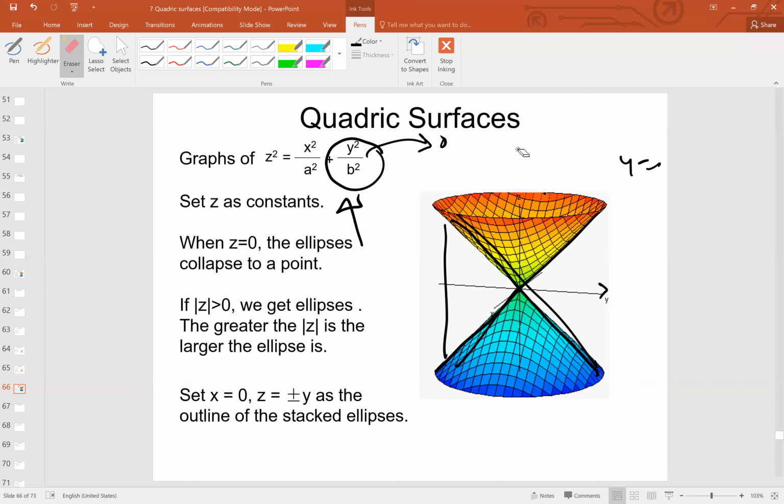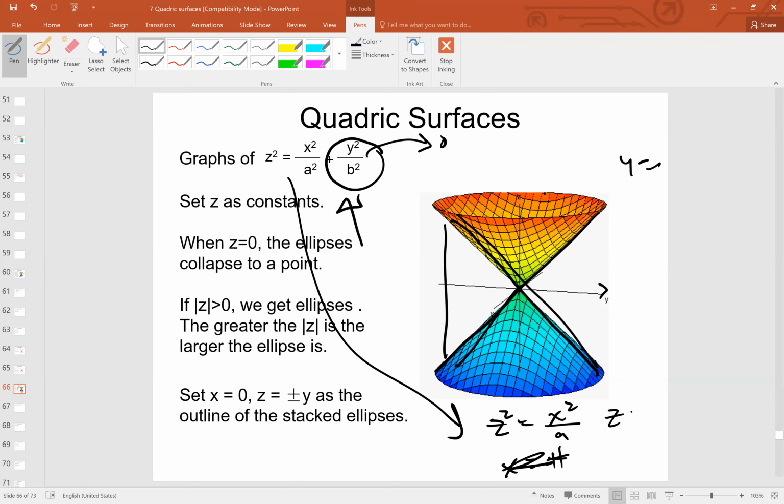Why? Because what I get is the equation z is equal to x squared over a, and then you take the square root. Basically, z is equal to some constant times x. And that's a straight line. That's a boundary. That's what the profile looks like,